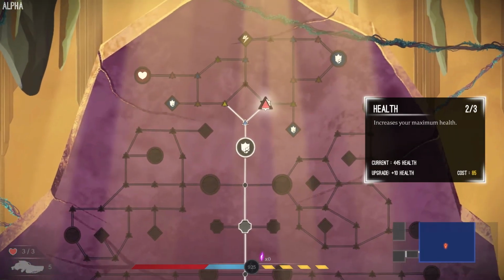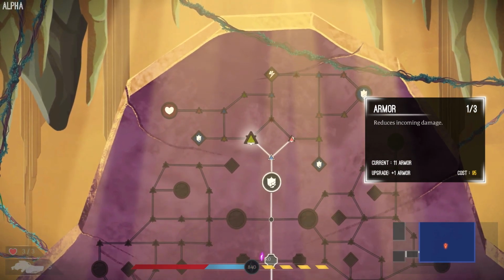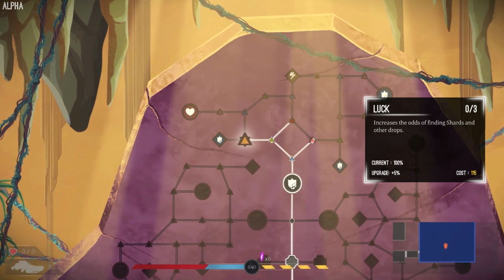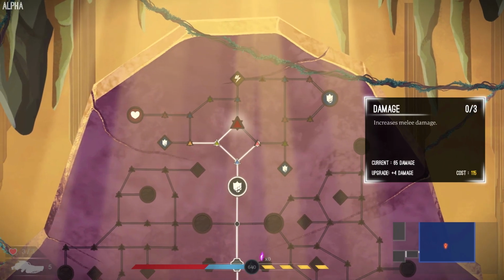Alright, so instead of Valkyrie Shield... Oh, I can get armor. Yeah, reduce my incoming damage. That sounds delicioso. We can get luck and shards. We can also get more armor that way. So we've actually got a little kind of...